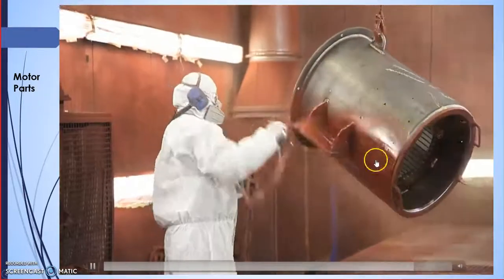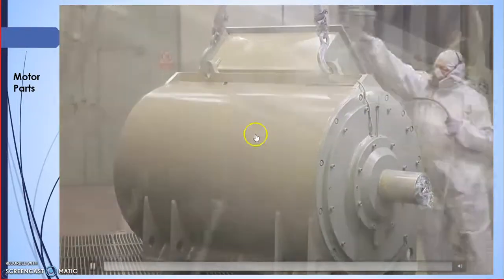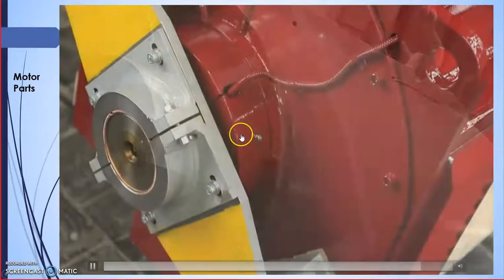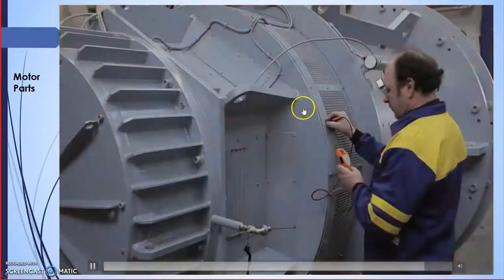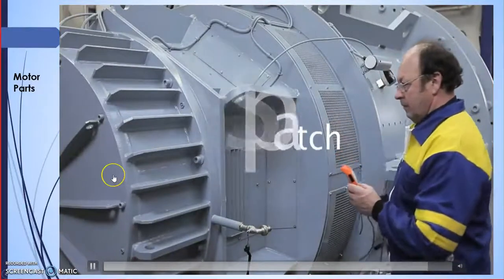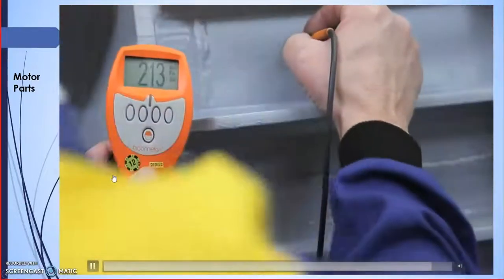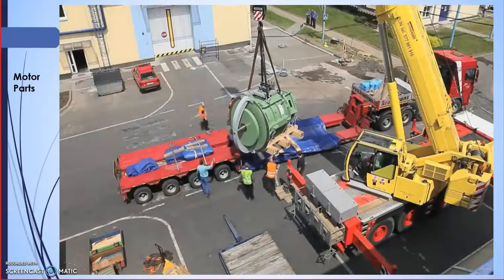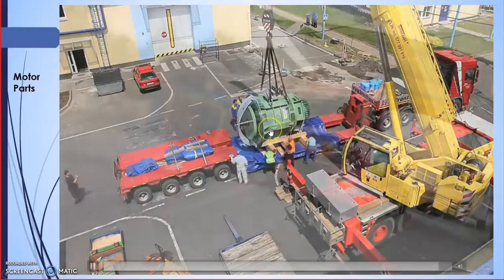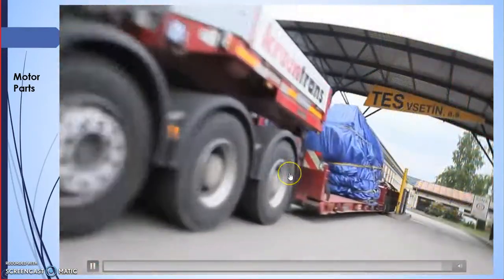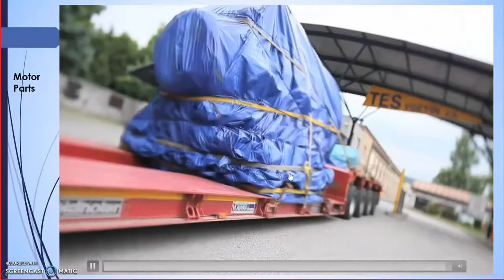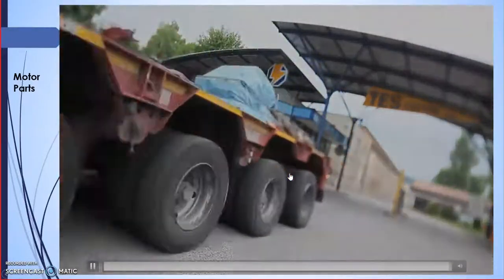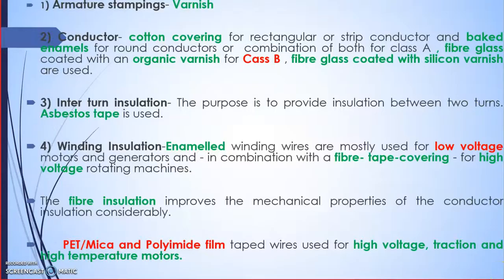Finally, it is to be painted. Varnish treatment has to be done so that all the parts will be insulated. No moisture will be there, no gases will be there inside also. See now, the final motor. Outside coating paint is also insulating material. So now you have understood what the motor is, okay?